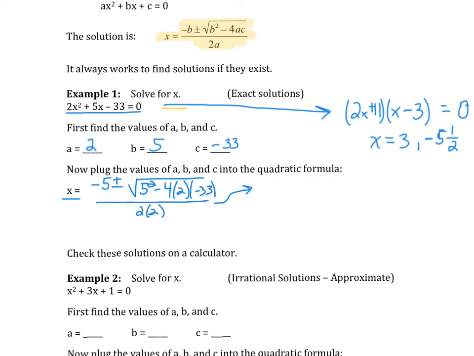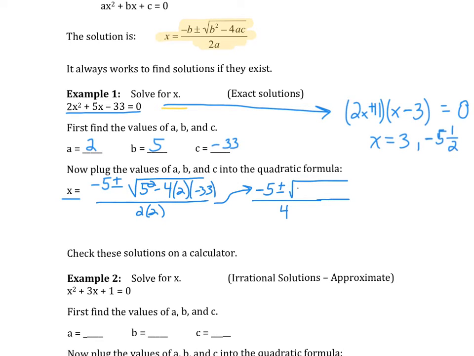I'm going to take care of the top first. You could work either the top or the bottom of a fraction. The bottom's pretty easy. In fact, I could just call that 4 right now if I wanted. So actually, I took care of the bottom first. But back to the top. I have to do what's under the radical. The radical's grouping all that information, the discriminant, together. So I have to take care of that before I do any adding or subtracting. So I'm going to just write negative 5 plus or minus the square root of